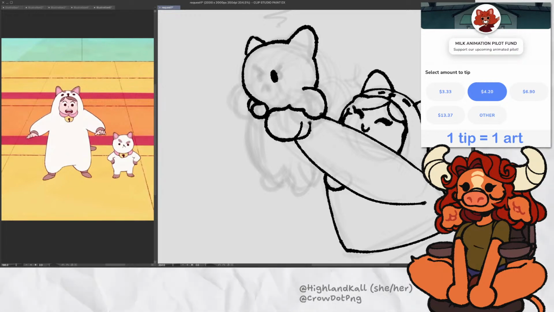Let's give him little dot eyes, a little closer together like this, and then give him his little hands.